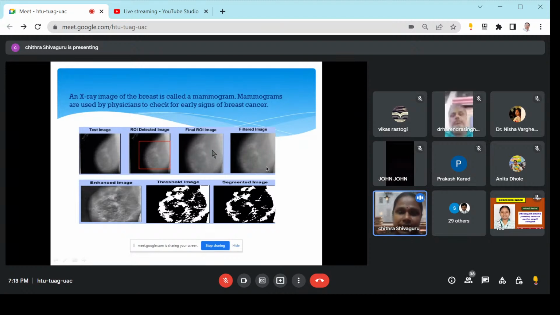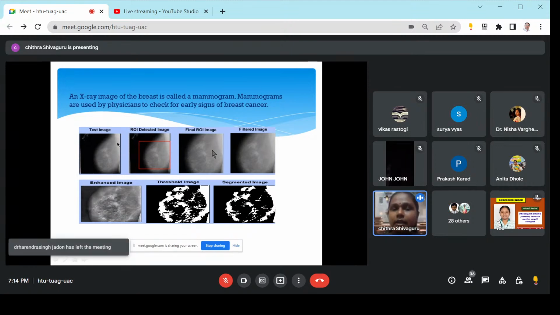cancer. So you could see here, first this is a test image which is being captured by the X-ray machine, and that's it. Now the image processing system is going to start. The next step is ROI. ROI is nothing but region of interest, where the affected breast cells will be detected by some algorithms of medical image processing, and then they finalize the region of interest image, and then